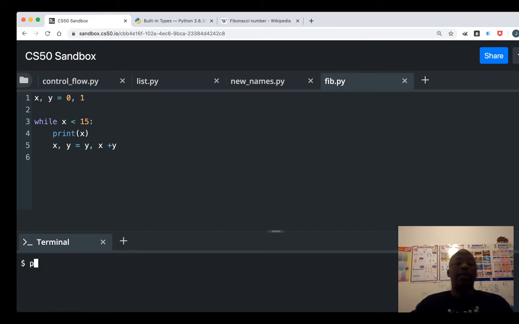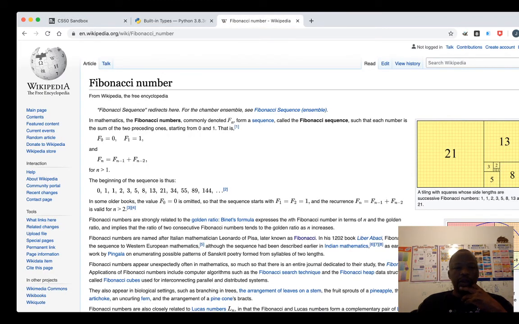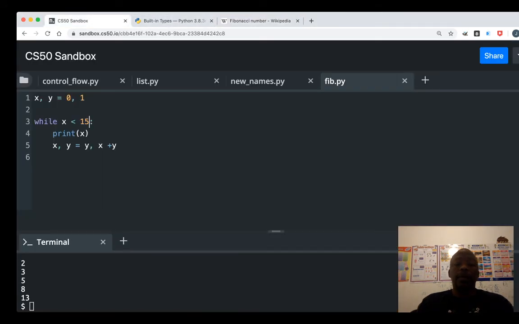Let's run Python fib. There we go, it went up to 13, which is nice. Let's make it go up to, it went up to 13, so 1, 2, 3, 4, 5, 6, 7, 8. Okay, went to 13. Let's just take 50. Okay, 50, and it's less than 50, do that. That's actually fast because